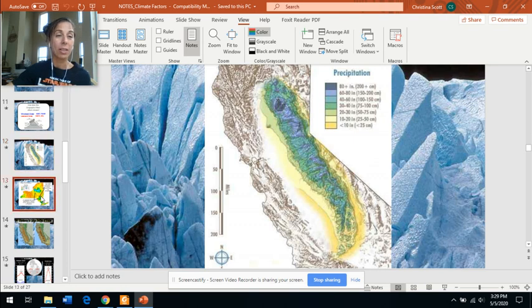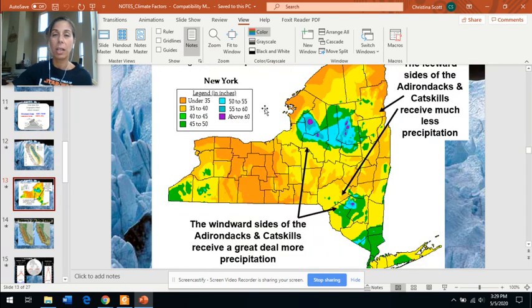The Catskills, same thing. Over here in New York State, this large body of water would be Lake Ontario, okay? And you get these huge planetary wind belts. It's picking up moisture, and then you'll get, in the wintertime especially, what's called lake effect snow. If you guys remember, this region right here are the Adirondack Mountains. And so if you live on this side of the Adirondack Mountains, you'd be on the windward side, and you would get a lot of moisture. You get a lot of snow too in the wintertime.